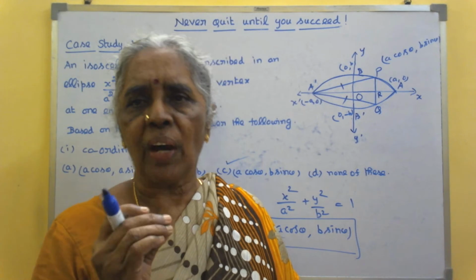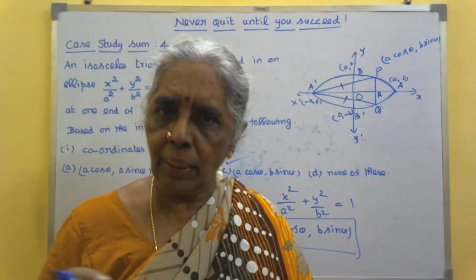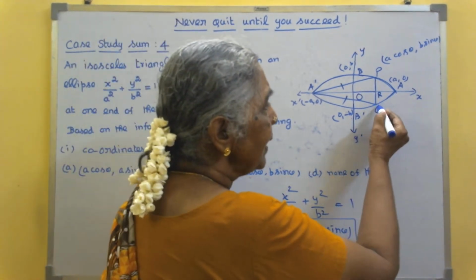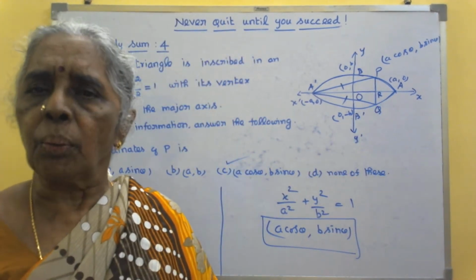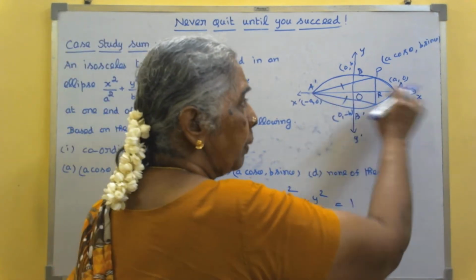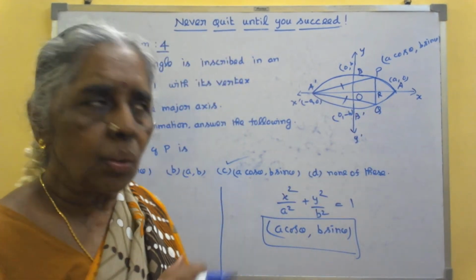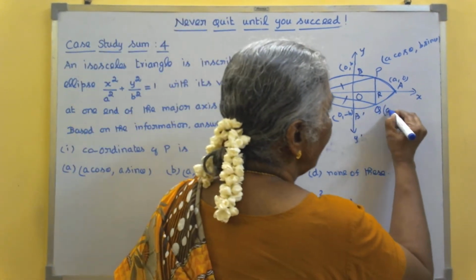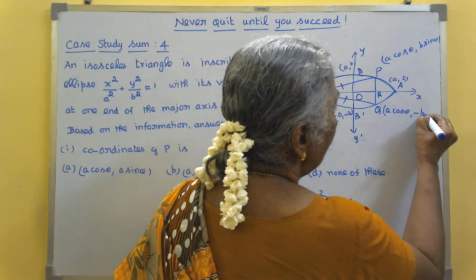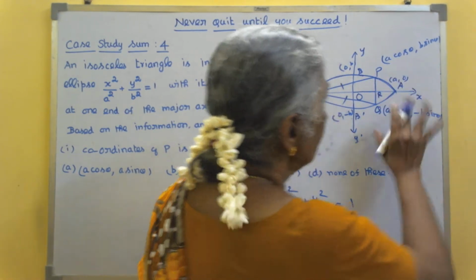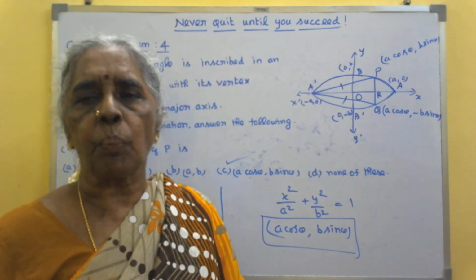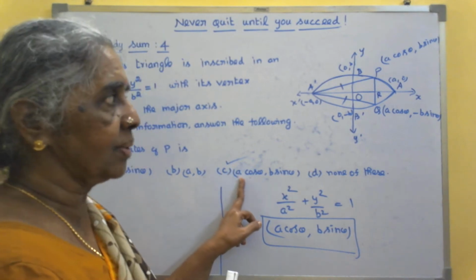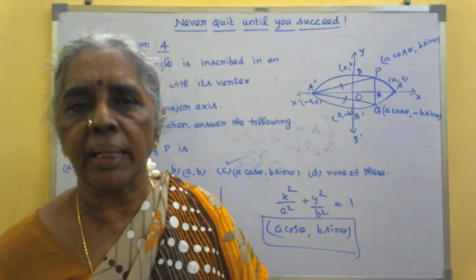But let us also find the coordinates of Q. Even though it is not asked in the first subdivision, we need it. Now Q is in the fourth quadrant. You all know in the fourth quadrant x is positive and y is negative, because it is sine of minus theta, that will be minus sin theta. So Q will be a cos theta comma minus b sin theta. If you know all these things, it will be easy for us to proceed for the further subdivisions. Hope you understand this. So the first subdivision C is the answer and you have already found out the coordinates of Q also.